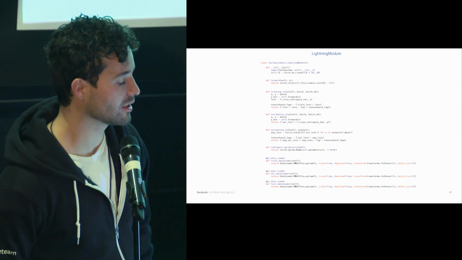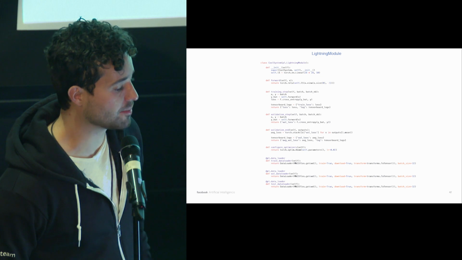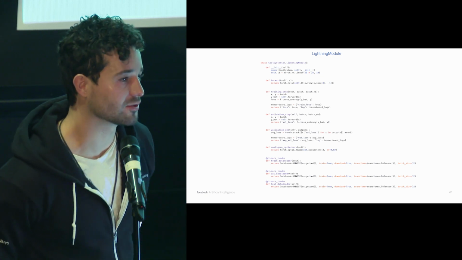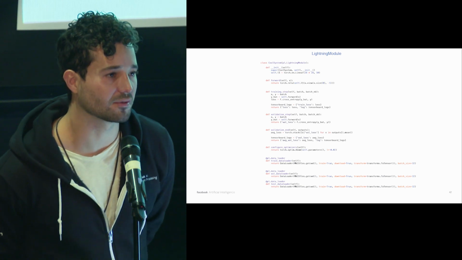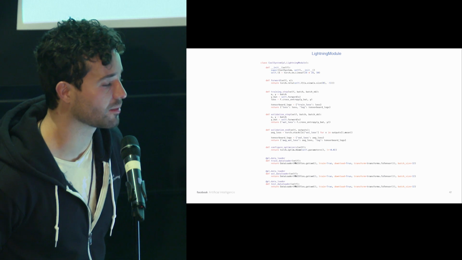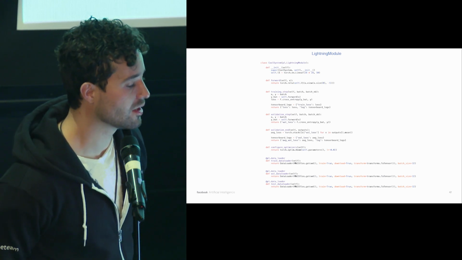In this case, this is a very simple model where you just run it through the forward, you get this output, and you run it through cross entropy, you get some loss, and then you just send that loss back into the system, and it does the optimization for you. You don't have to do anything. If you were to do something like translation, you could get arbitrarily complex in here. So this is a research tool, but you can use this for anything in industry as well.